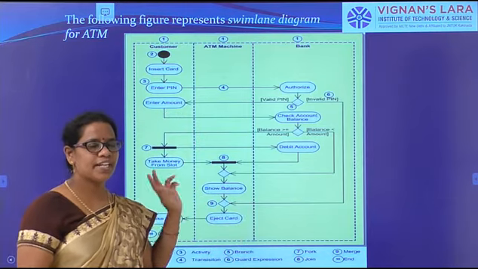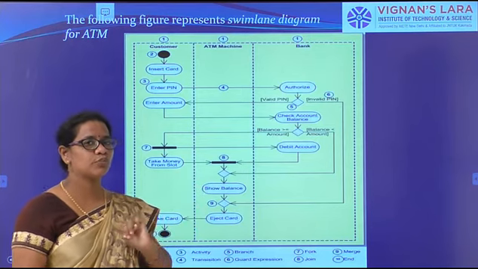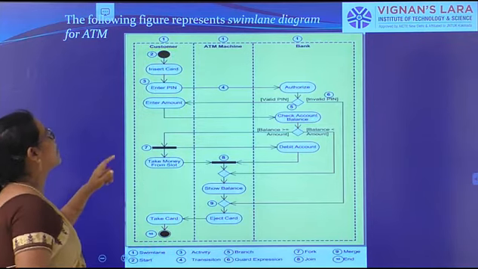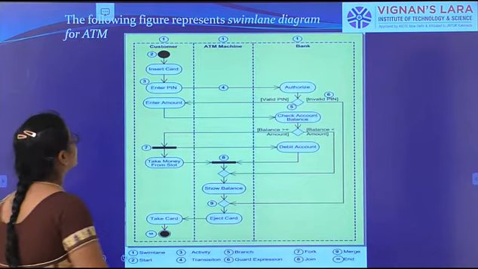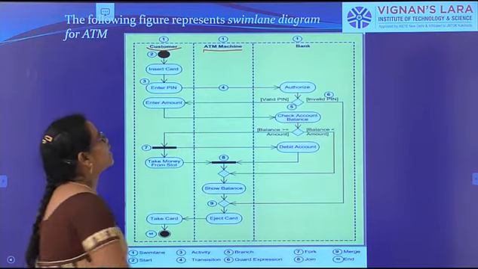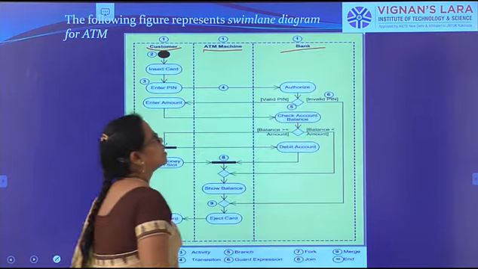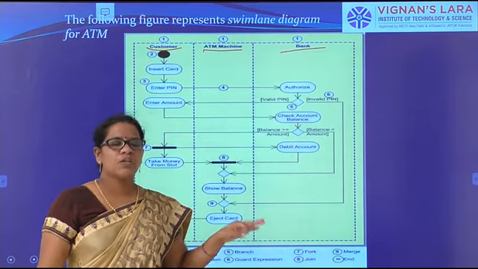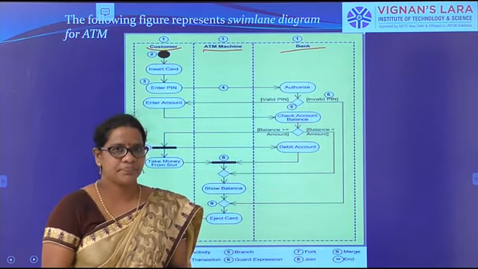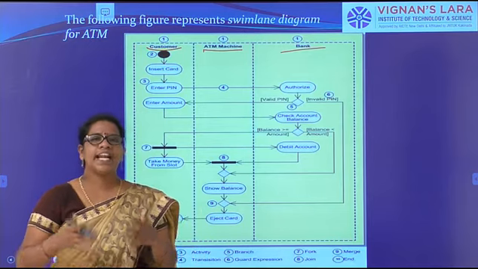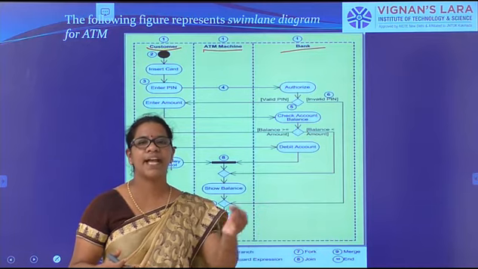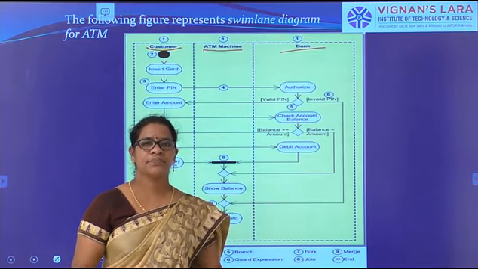So while the customer interacts with the ATM machine, it has 3 responsibilities. What are they? First one is the customer. Second one is the ATM machine. And thirdly the bank. So I am including 3 responsibilities here. In the previous small activity diagram we just showed the transactions with the ATM machine, but actually when we interact with the ATM machine, we have 3 responsibilities: one by the customer, one by the ATM machine, one by the bank. So 3 members are included.